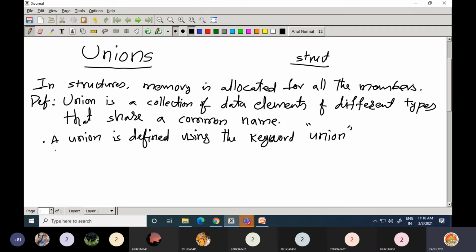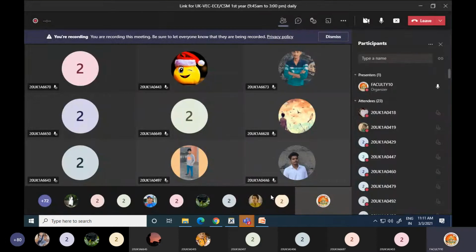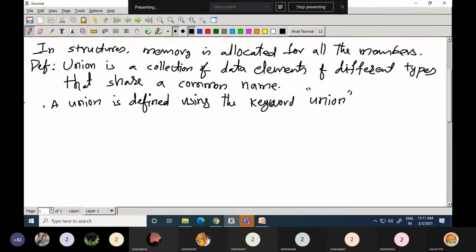Okay, so if we take an example of union, we use the keyword union.